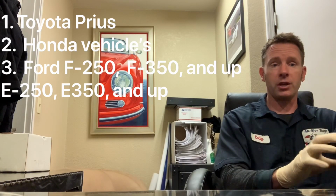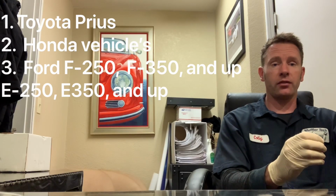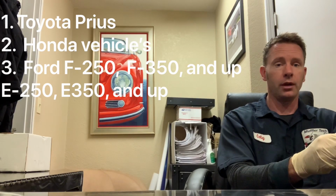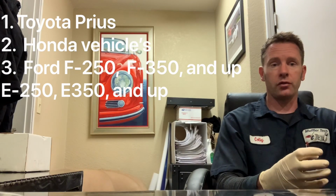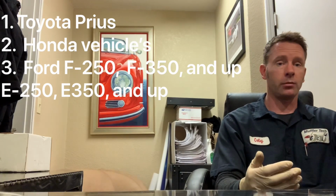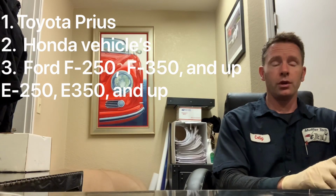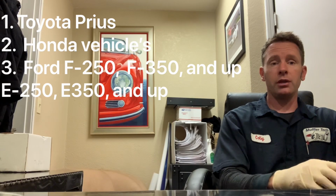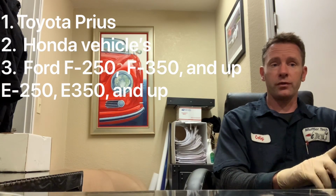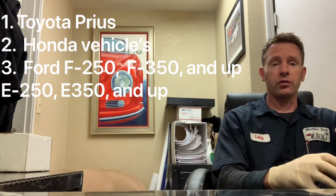Any Honda product, be cautious of, because the Cats in Hondas, similar to Toyota, have similar amounts of precious metal content, and so that leads to their value and their recyclability. So Honda number two. Number three, any F chassis, heavy duty F250, F350, F450s, we're seeing with that Torpedo Cat